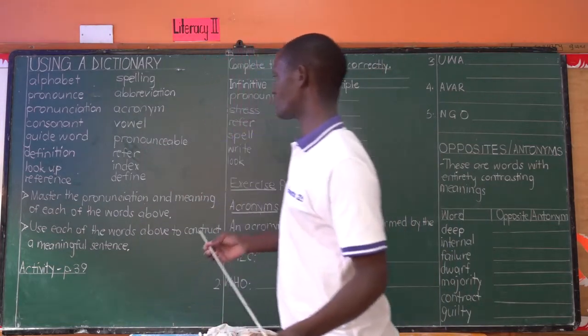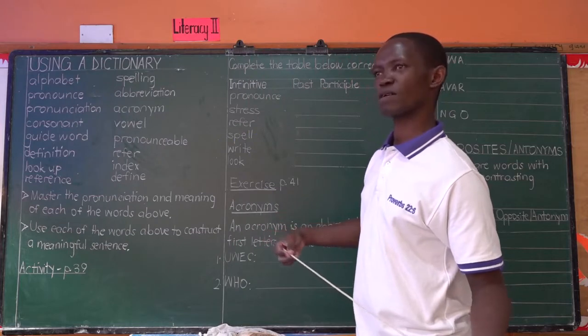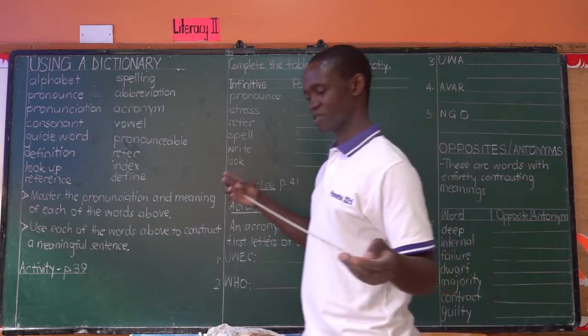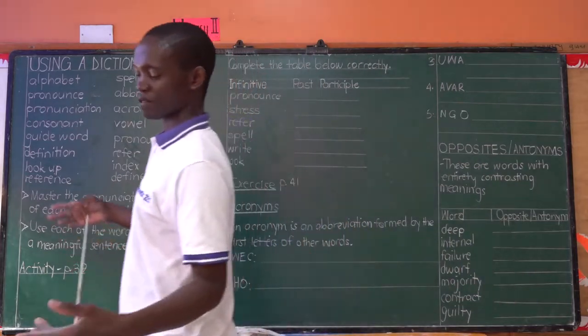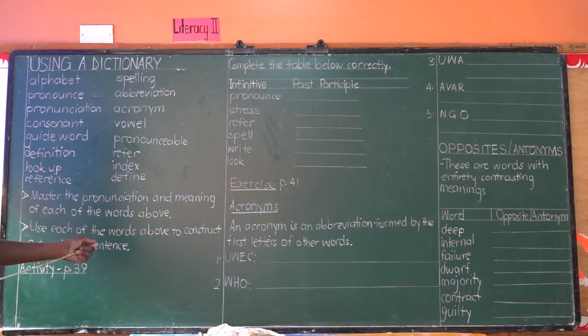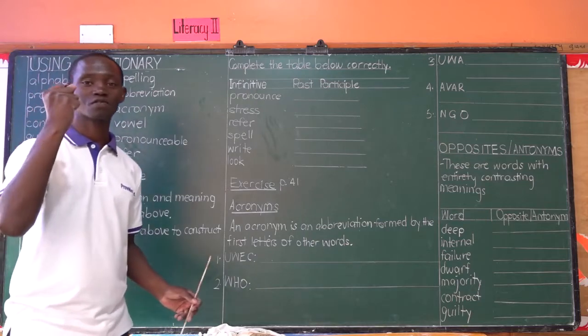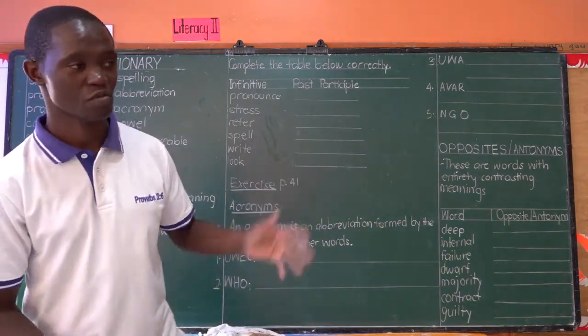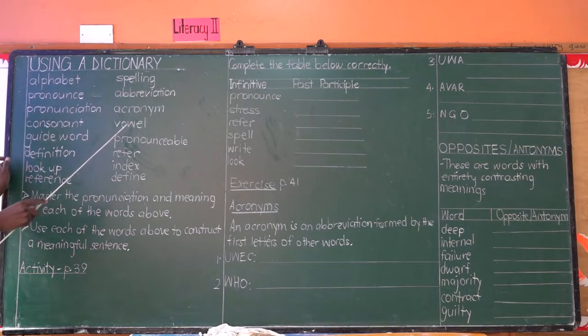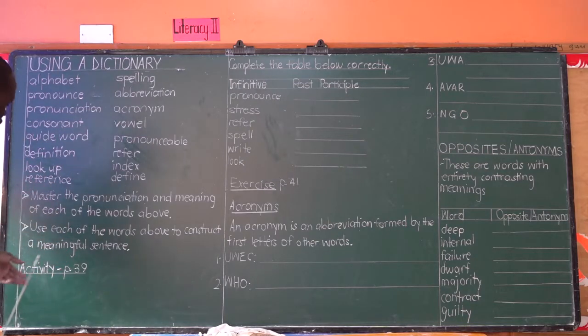Let me try using the word vowel in a sentence. The alphabet has two kinds of letters in English, that is vowels and consonants. The consonants are 21, then the vowels are 5. So you can see the English alphabet has 5 vowels. In fact, vowels help us to pronounce words. So you can say we use vowel sounds to pronounce words.